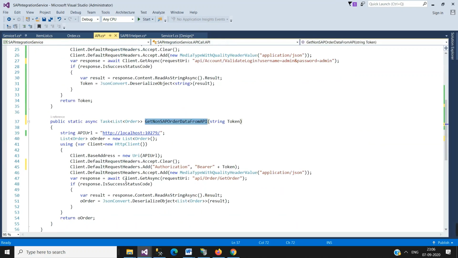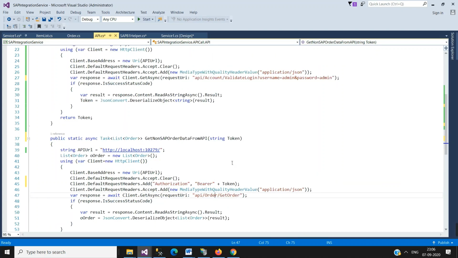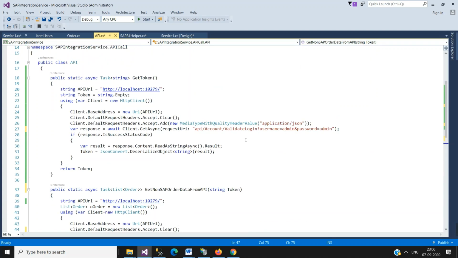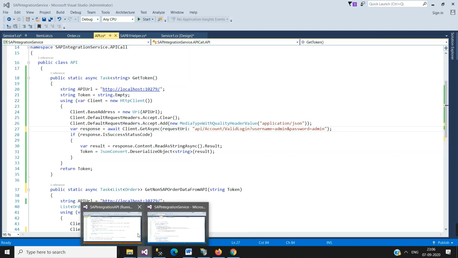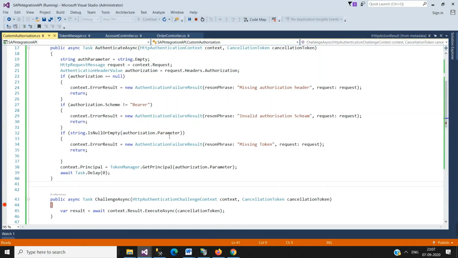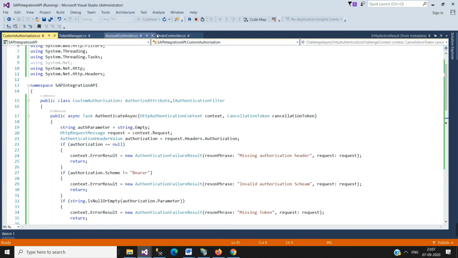Once this API is hit, the token will be validated first, and once the token is valid, the web server will return a list of orders. So let me run this. Sorry, there is a mistake, because we have a valid login API in our web API account controller.